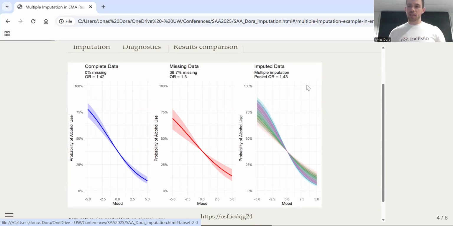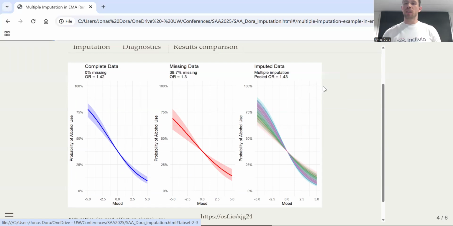Now, the reason why I get this close to the truth here is because I know why the data are missing, so I can make sure that I account for it in the imputation. In the real world, where we don't know why data are missing, this is not necessarily realistic, but it is realistic to reduce the bias, right? So for instance, imagine we would estimate a pooled odds ratio of 1.35. We wouldn't get it exactly right, but we would be closer to the truth than with a FIML model.